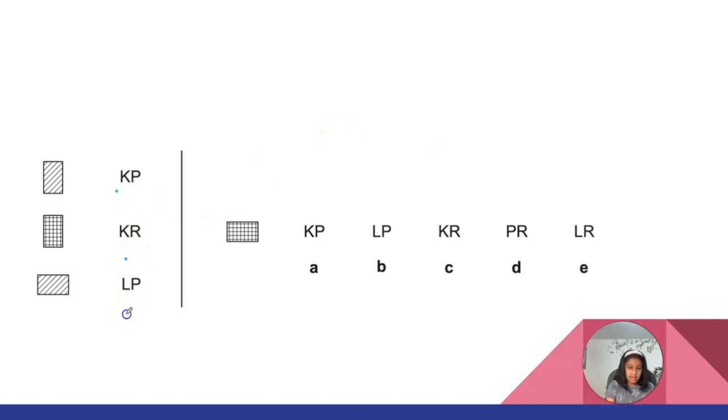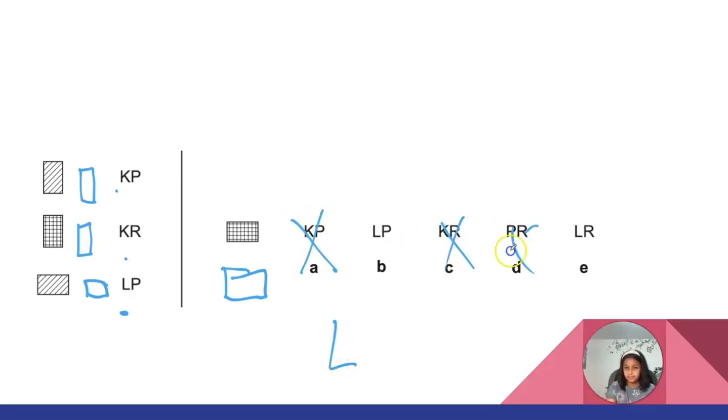K, K, L. Okay, this I think might have been a straightforward one for some of you, and it's because our rectangles are pointing up, whilst L is sleeping sideways. So here we have the shape which is sleeping, and that's L. So let's cancel. Wow, we cancelled a lot. Now let's look at our second letter,